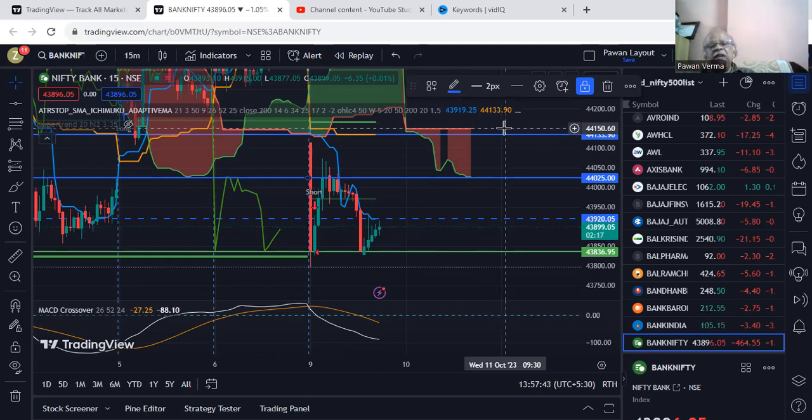Thereafter, we will see another resistance. Means Bank Nifty will face the resistance at this level or at this zone, and again it will test the level of